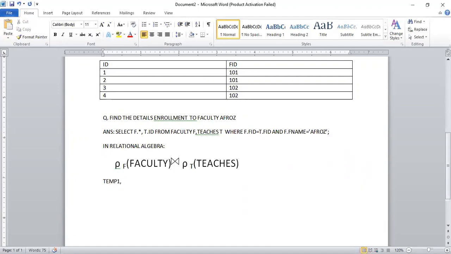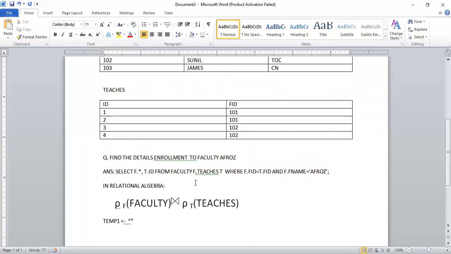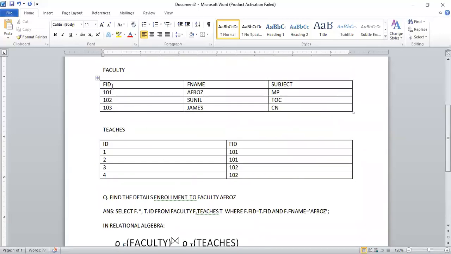See here, I'm writing it this way because it's not coming properly in Word. You can write it easily in pen and paper, but MS Word is not working. So this temporary 1 is nothing but the natural join of F and T, which gives me 5 attributes: FID, FName, subject, ID, and FID.